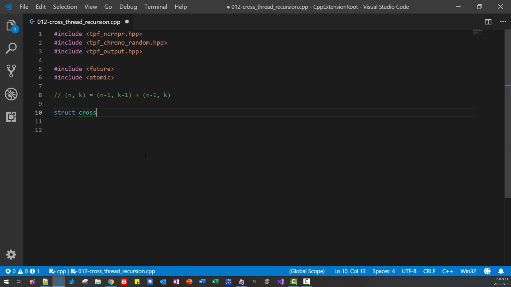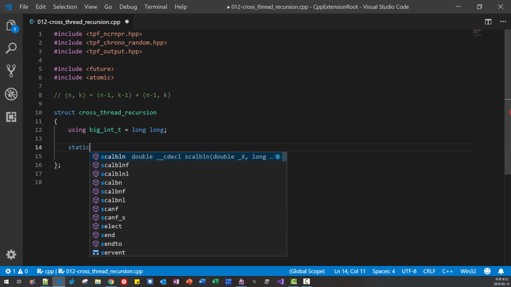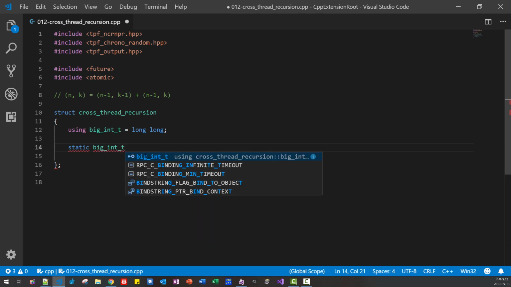Struct cross thread recursion. I'm creating a struct like this, using big int t. We will define long. So the return value is static big int t.